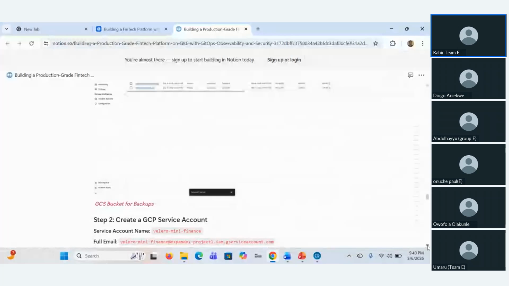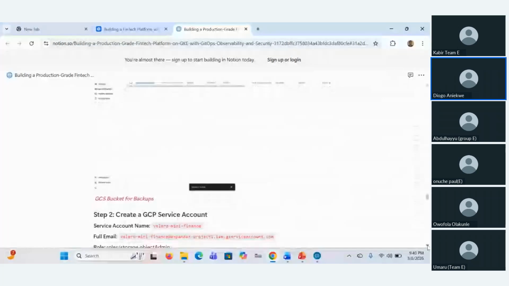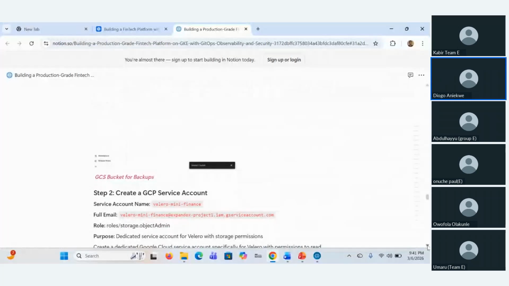Scroll up. Okay, so the second step is to create this. Time is up. Because of time, because I need to give feedback, and Team F has not presented, and it's almost 10 p.m. Okay. Can you give me some minutes to round up? No, it's fine. Time is up. You took like 6 minutes already.